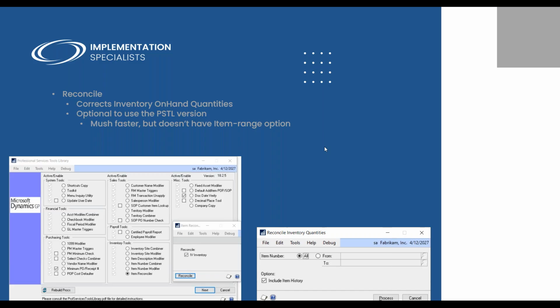So reconcile, very common one, very popular. This will correct your inventory on-hand quantities. So we all know no system is perfect. GP is not exempt from that. There are times where you might purchase some quantity of an item, or sell some quantity of an item, or transfer, or do an inventory adjustment transaction, and something might go sideways during the posting of that process,